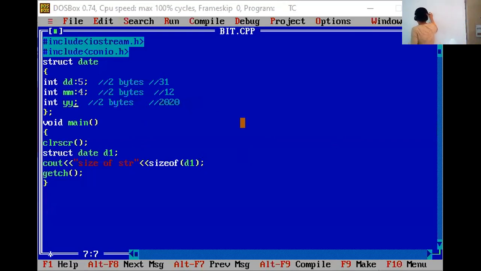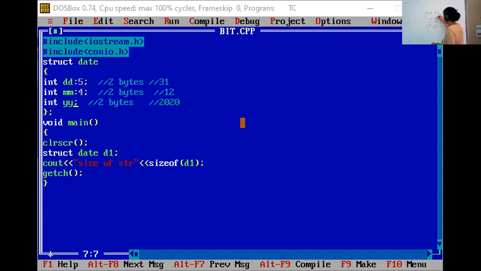Here I'm defining the structure as date and int as day, month and year. If I'm defining day as a bit level field of 5, and in the month I'm defining it as 4 bits, and I'm not going to define the size of year, then it means 2 bytes are reserved for it.